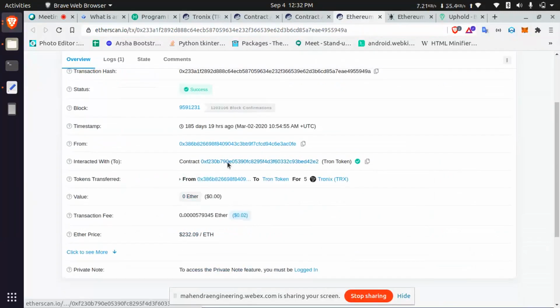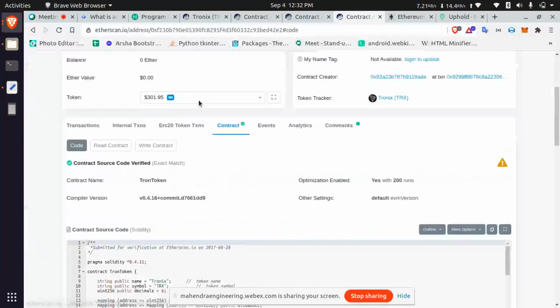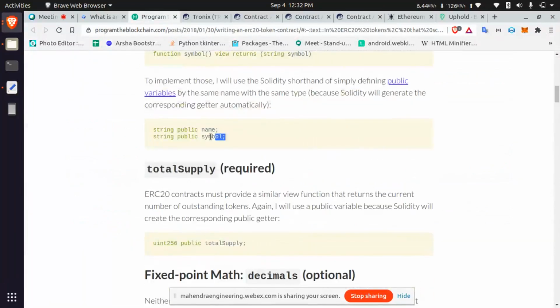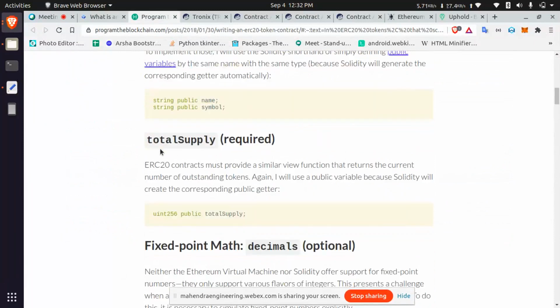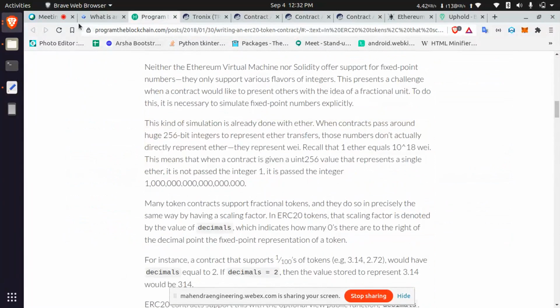You can see the contract is the same, but they are maintaining these standards: symbol, name, total supply, and decimals. These are the properties of an ERC20 token.